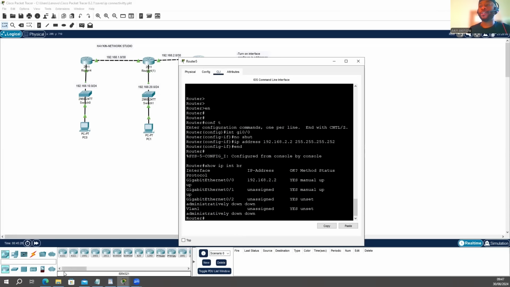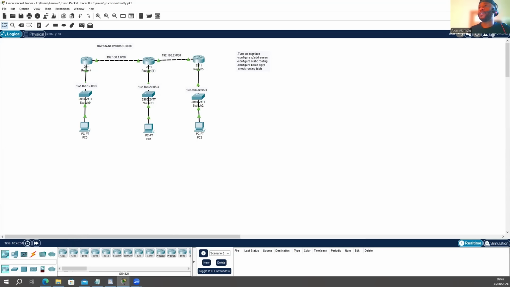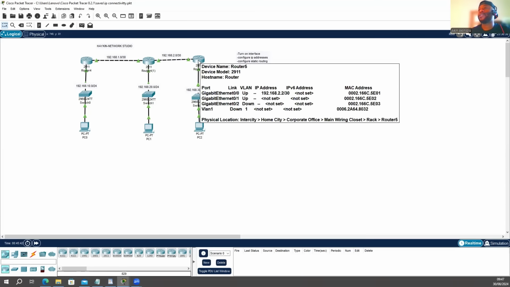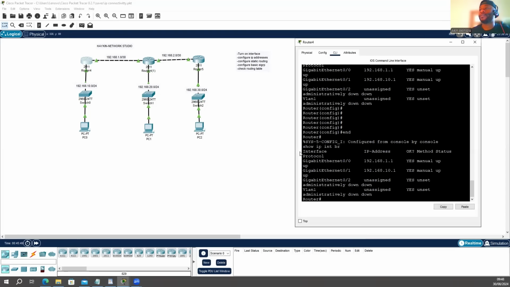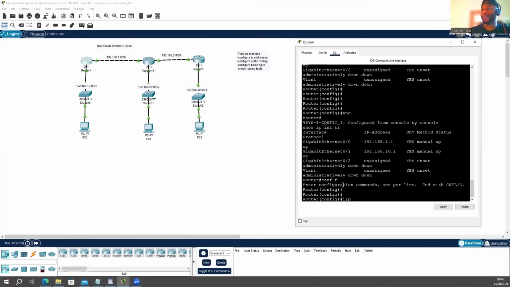Now we have to go back to what we need to do. Configure IP addresses, configure static routing. So we need to configure static routing on this and this. This is a third one, we can configure static routing as well. At some point we will, but we have to configure on these two IP addresses. So config t. This is how to configure